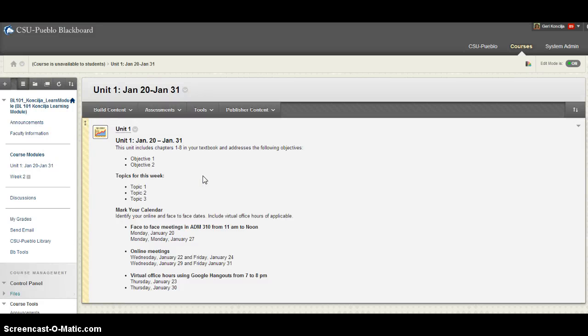I want to show you how to link a discussion board, and this works the same for discussion board blogs, wikis, and journals. You can link those right to your content pages, so I want to take you through those steps. So I'm going to go into Unit 1,